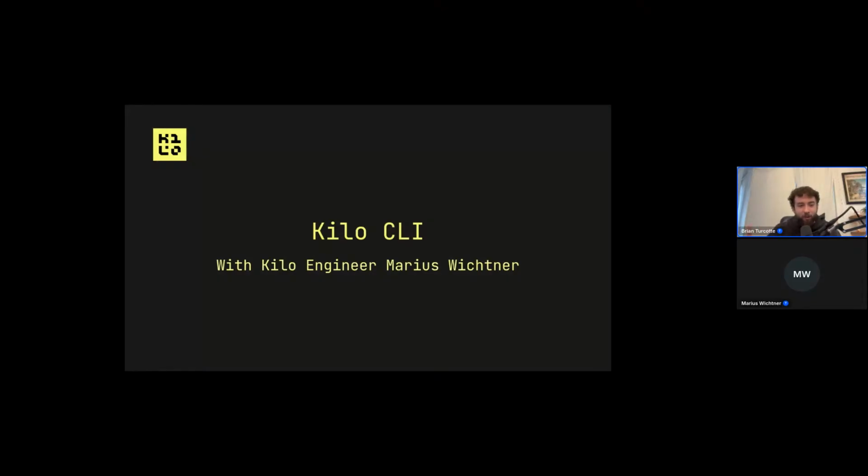So for a lot of developers, and sometimes myself included, the command line is home, right? It's a place where a ton of developers do the majority of their development. It's where a lot of real work happens. And I think the industry has sort of caught on to that. Some of the most popular AI coding tools right now are CLI first, and that's not a coincidence. Terminal developers want AI that meets them where they already are, not something that pulls them into a separate interface. So today we're going to talk about the Kilo CLI, what it is, why it exists, and why we think it's one of the most powerful ways to do agentic engineering.